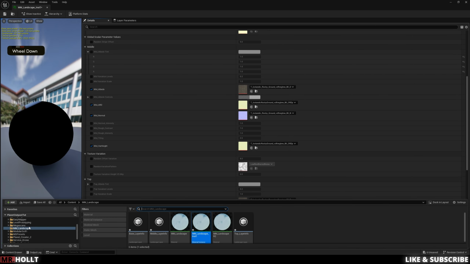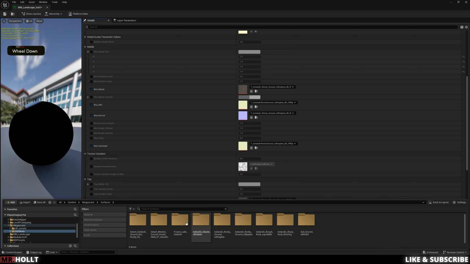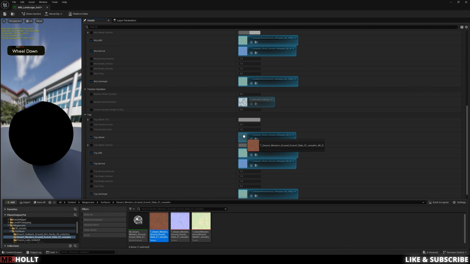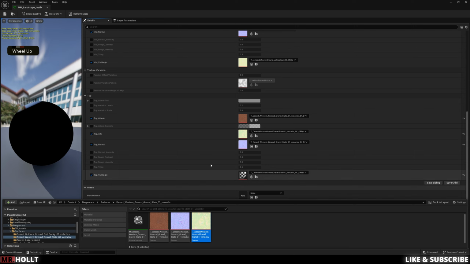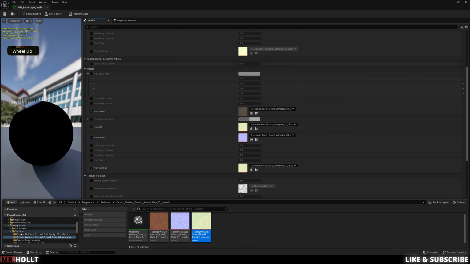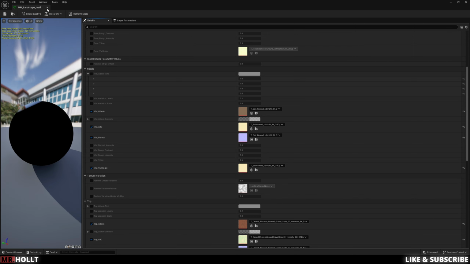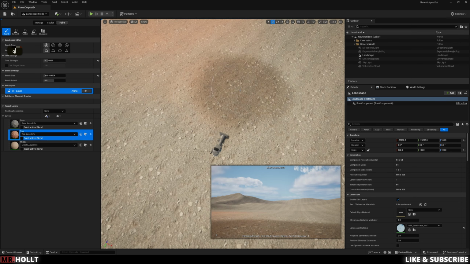So now I'll go back in and we can add the other materials that we're using. One is the Western gravel. So we can click on the Western gravel and go 1, 2, 3, 3. And then we can go over to the mid layer. And this one's going to be soil ground. And we can do 1, 2, 3, 3. Save, close. And then now if I click right here, I can paint